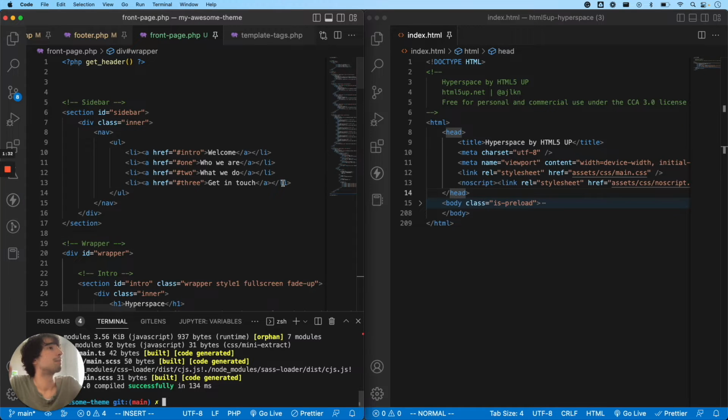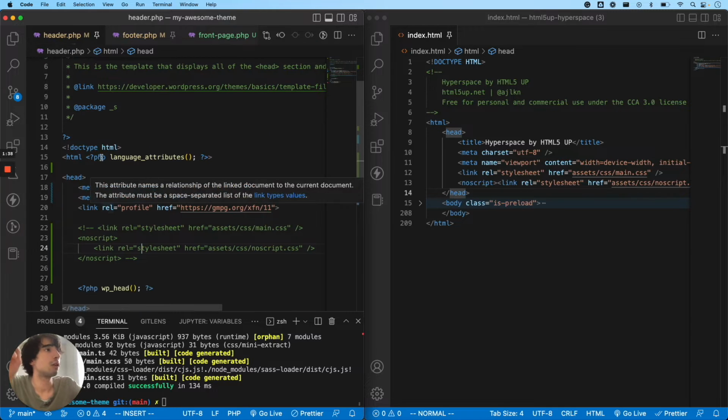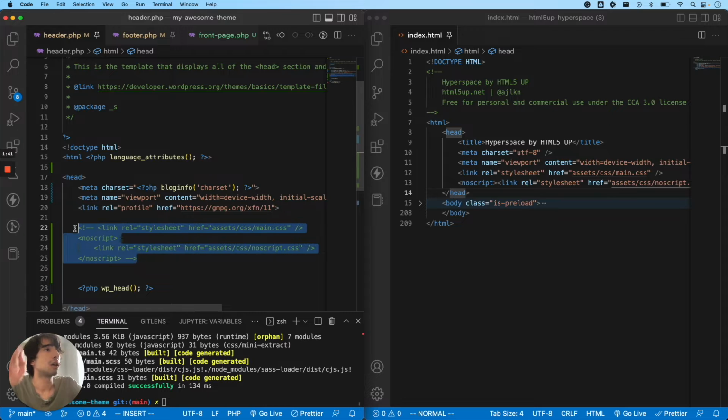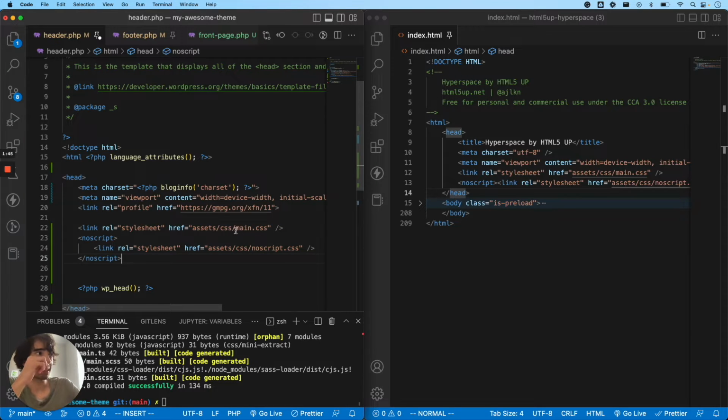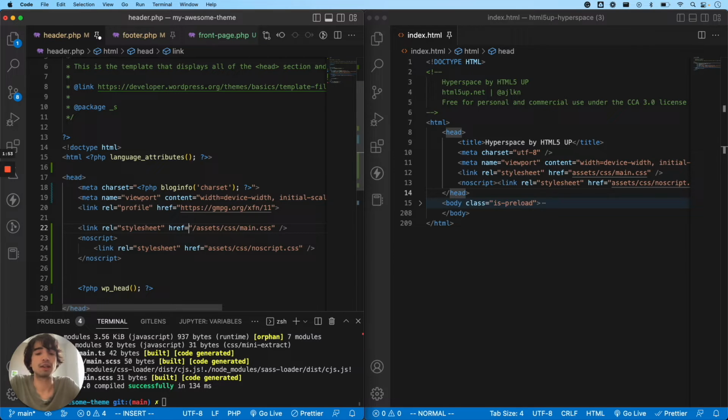But for the moment, we're going to be using these two. So how do we use these two? First of all, I'm going to uncomment these two lines, so we're using asset CSS and main CSS. There's one thing with WordPress: this is not going to work, because you have to tell WordPress that you're going to be using, you have to give WordPress the